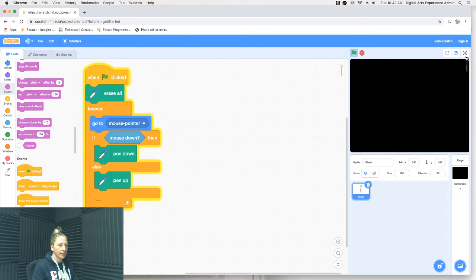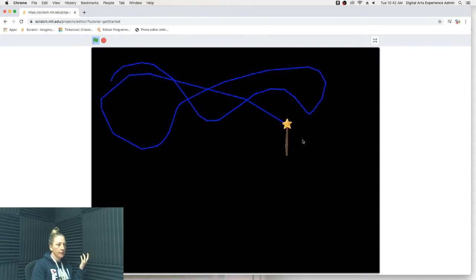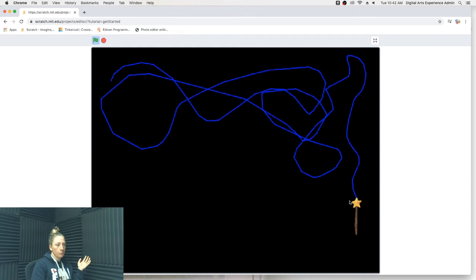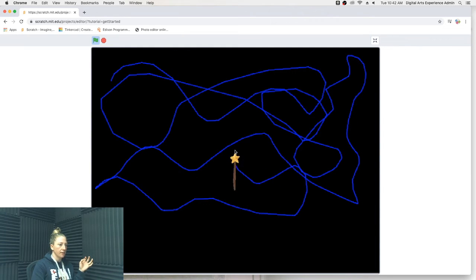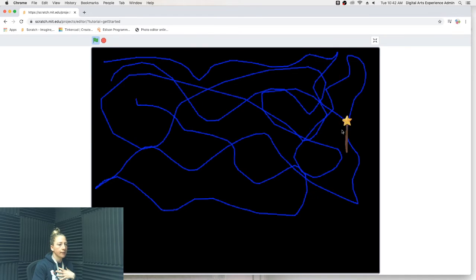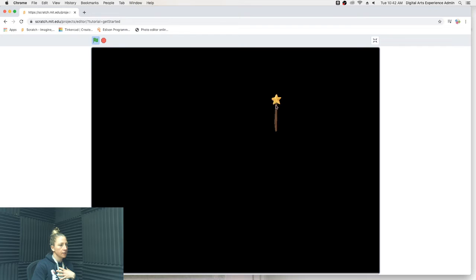So now I just tested it. Oh, and by the way, as you're building in Scratch, you want to constantly be testing things. I think that's true with most programming languages. If you do one thing, you should probably test it. You could piece together a lot of code to do a lot of things, but then if one thing doesn't work, you have to go back and troubleshoot it. So I find it much easier to do things one at a time and test it out,